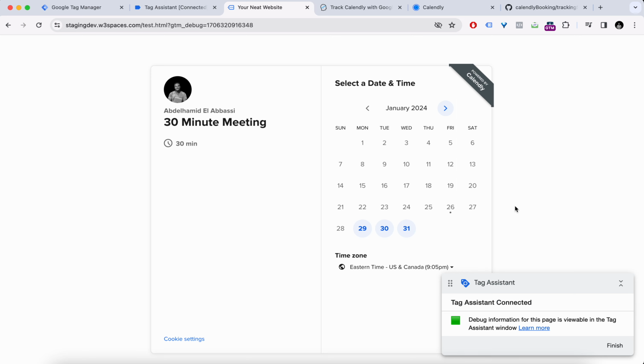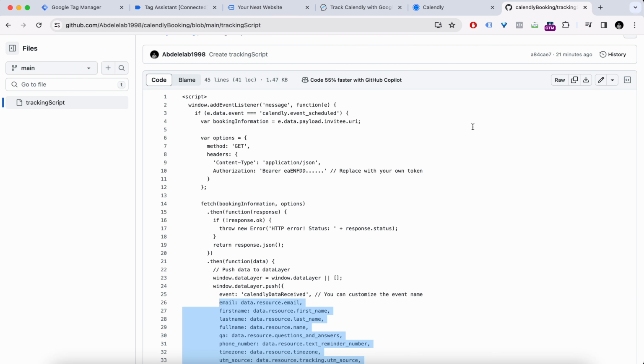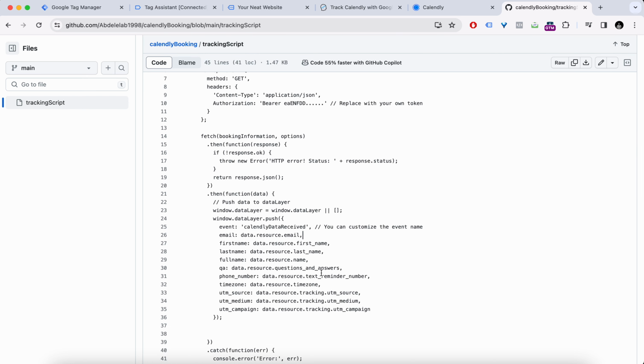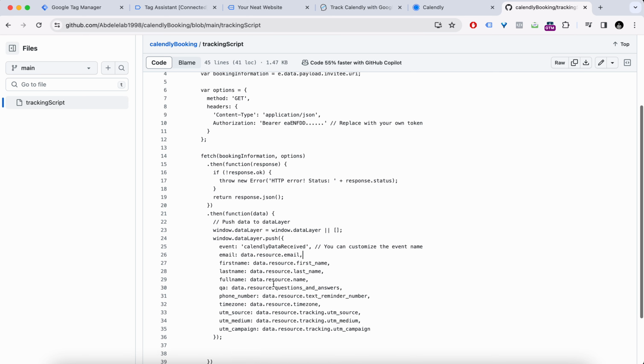In this video I'll be showing you how to track Calendly form submissions using Google Tag Manager and my own custom scripts. So this is the script that we're going to be using in this video. I will link it down in the description box. And with this script you're not just going to be able to track when a submission happens, you will also be able to track all the data that were entered into the form itself. This is an example: email, first name, last name, full name, Q&A, phone number, and time zone, and a bunch